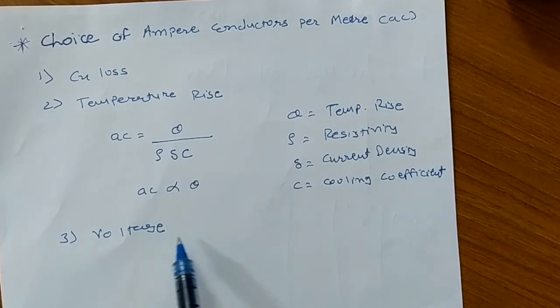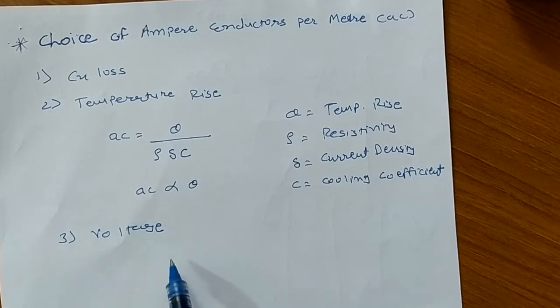So the space required by your machine is also going to be high. Overall this will make the machine more complex: higher conductor size because of high current, and higher insulation size because of high voltage. So that will make the machine design complex. Generally, if your machine is a high voltage machine, we will prefer a lower value of ampere conductor.